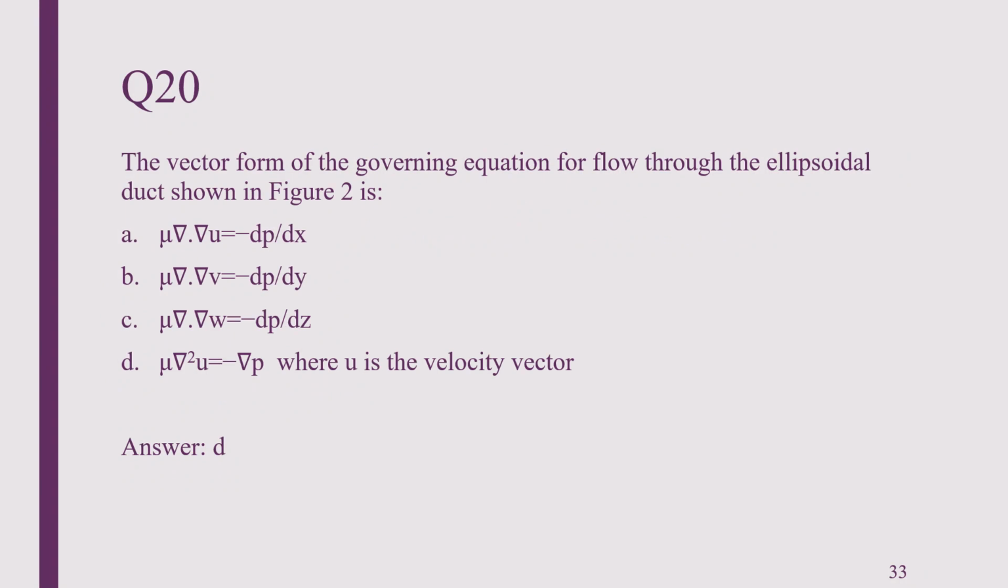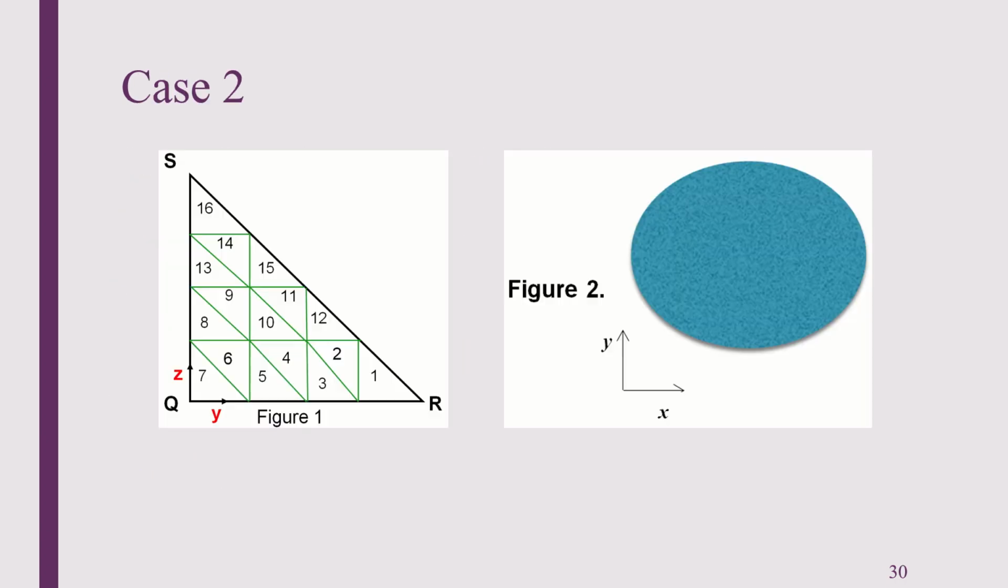And we'll go to question 20. In question 20, it is given that the vector form of the governing equation for flow through ellipsoidal duct shown in figure 2 is asked. So we'll see the ellipsoidal duct. This is figure 2 where we are seeing flow through an ellipsoidal duct, and we are dealing with flow between,